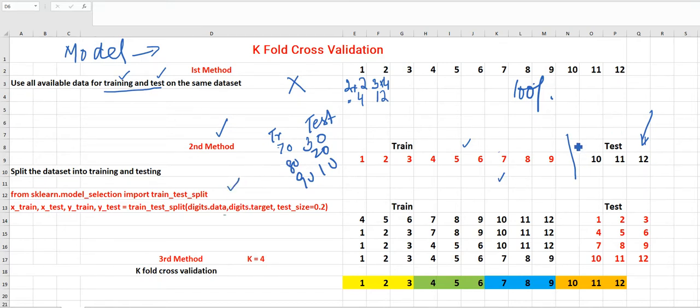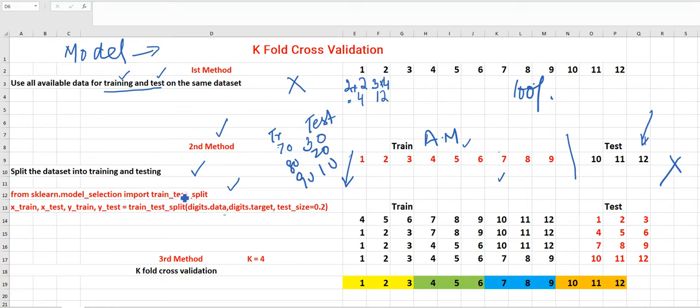But sometimes it happens that I am teaching you simple arithmetic questions, and by chance the test data is a little bit different and difficult. Maybe I ask you about integration, so definitely you will give the wrong answer. There is only a 10 or 20% chance of this, because arithmetic and calculus are different things. So sometimes this method will not give us a good score. But I am not saying you should not use it. This is a good method.